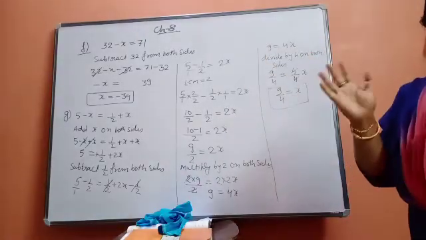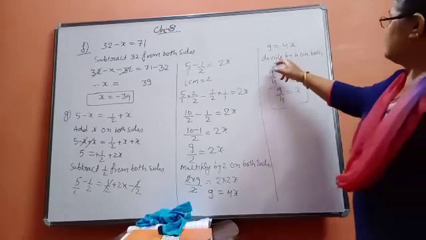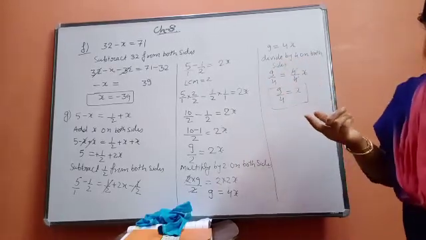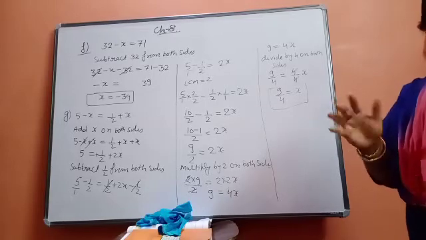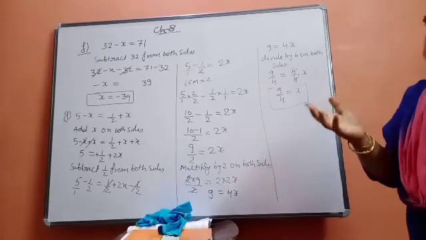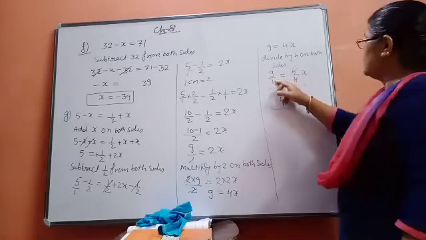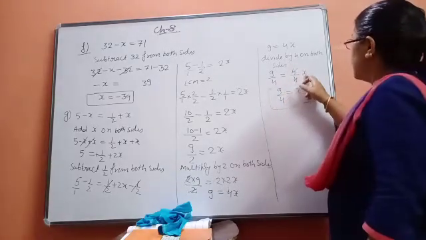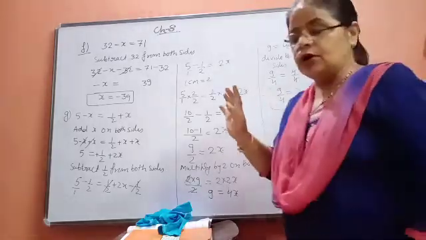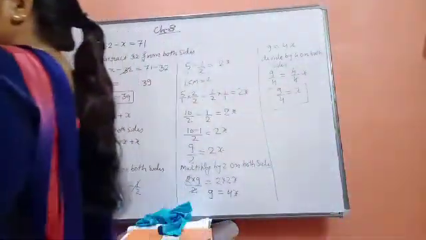Now what operation will come? Divide by 4 on both sides, because this cannot be learned. It cannot be memorized. It will depend on your IQ and your intelligence. So 9 upon 4 is equal to 4 upon 4 x, so 9 upon 4 is equal to x. In this way, beta, what you will do afterwards,